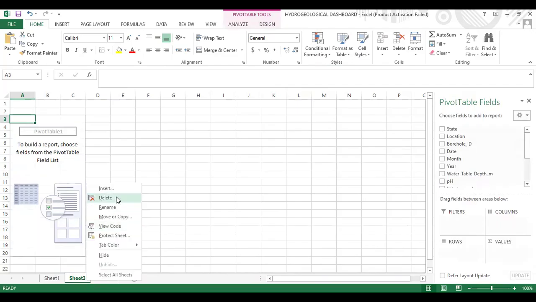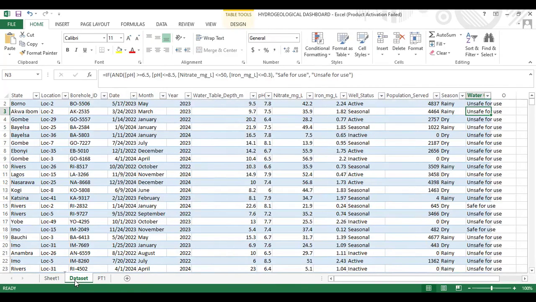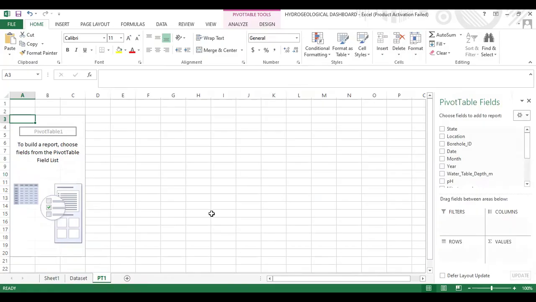So let me call this pivot table one. So I'm going to use PT1. So you see PT1, I mean pivot table, right? So I'm going to drag it here. And then, right, so now,